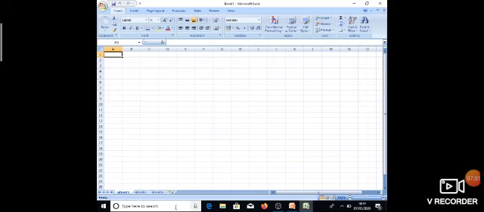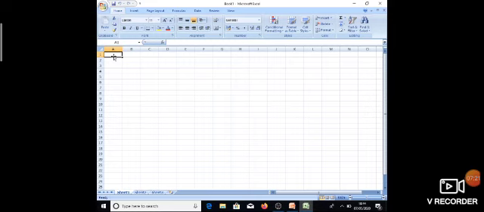Let us move. So we are on the worksheet. It is your whole workbook and it is your sheet number 1. Now the topic is creating a basic formula. Now I am going to tell you how to create a basic formula.